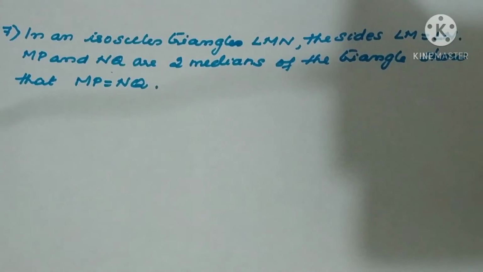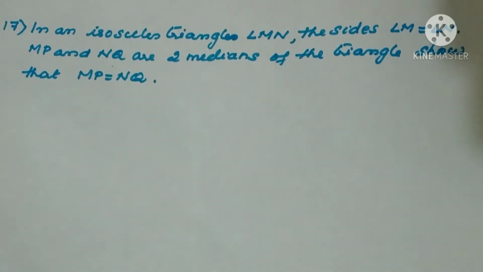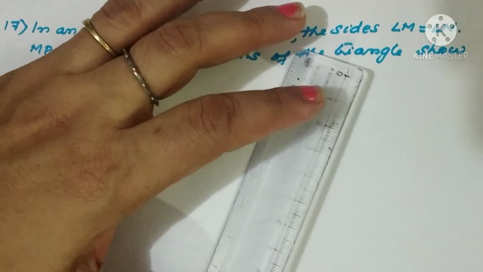So such questions we must draw the diagram. Otherwise whatever proof you have written is wrong. Got the point? When the diagram is given, you can do based on that, but when the diagram is not given, then we must draw the diagram. So the step is that we must draw the diagram according to the information. Okay, so we are drawing an isosceles triangle.